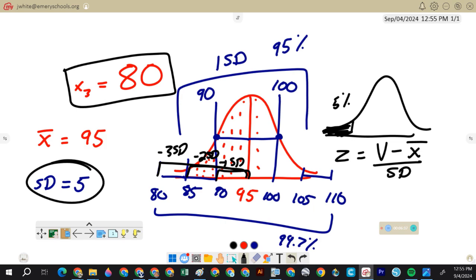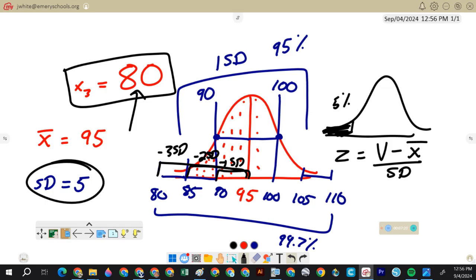So at the beginning of this, I said your score is 80. And without any other information, that number is pretty useless, right? But if I told you your z-score was negative 3, now all of a sudden you're having a bad day, right? One number did all of that. Do you know what you scored if I tell you your z-score is negative 3? No. You don't know your score. You don't know how many points the test was worth. You don't know what the average is. You don't know what the SD is. But you know that you are probably the worst score in the class